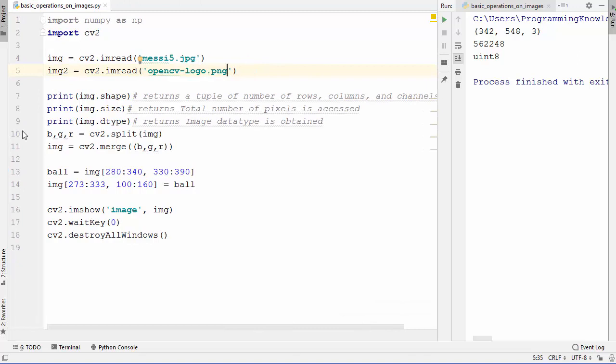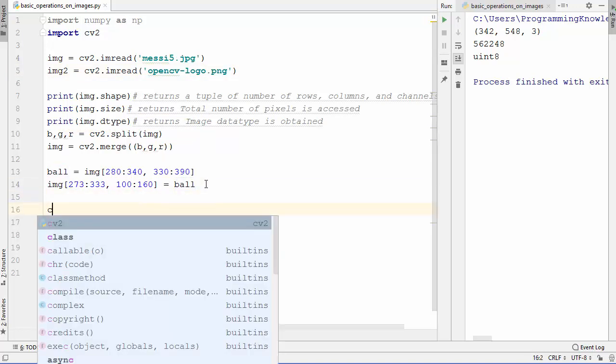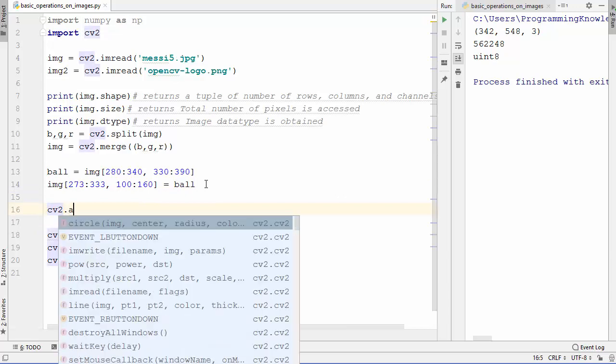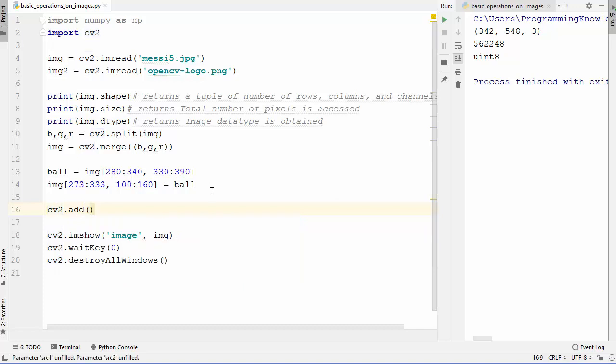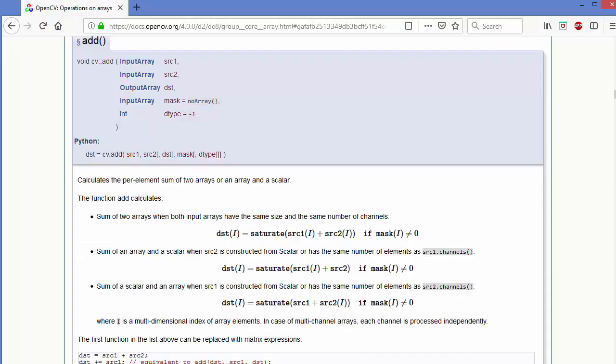So this file we are reading, and then there is a method called add. Okay, so we are going to use this method here. Let's use this method cv2.add, and I'm going to show you what it does in a moment. But this method takes two arguments. First is the first NumPy array. So let me show you what this method does first of all. So this is the add method inside your cv2 package. You can also see the documentation on the